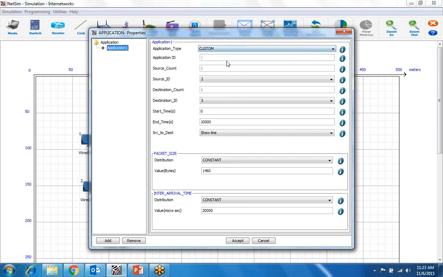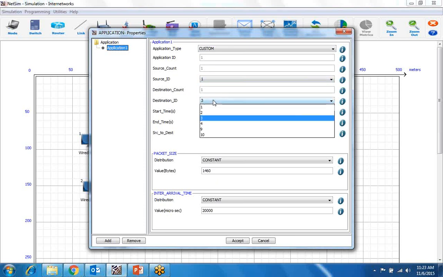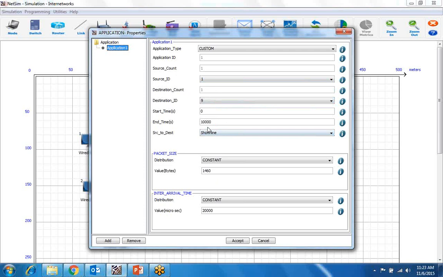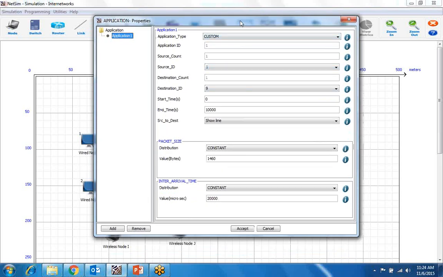So let's say it is a custom type of packet we can send, and source ID is 1 and destination ID is 9. So from source 1 to destination 9, it will send some traffic. Okay. Packet size you can make constant or you can change it to exponential. You can change some values here for packet size, and you can define the inter arrival time also, constant or exponential.